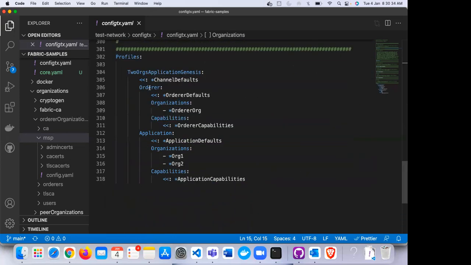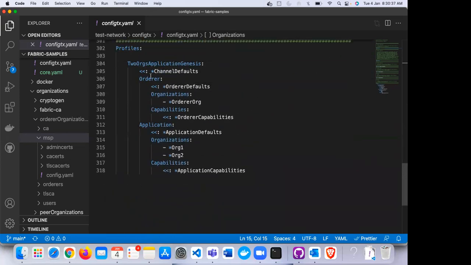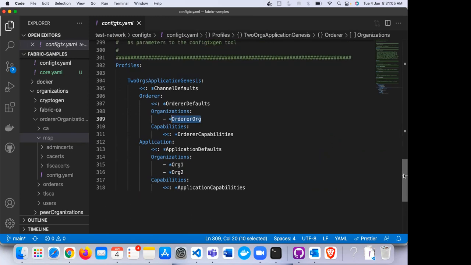In the profile, if you see, we are importing the organizations here. In the organization, I'm importing org1 and org2. In the application, in the orderer, I'm exporting the organization, but only the orderer org. So all three have been imported in the profile: orderer org, org1, and org2. Next is